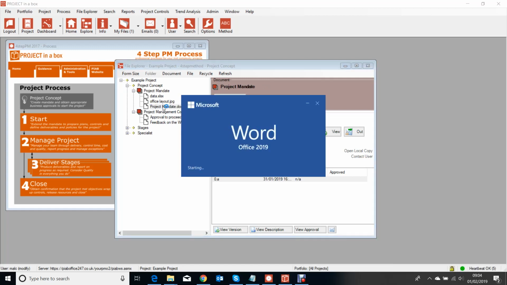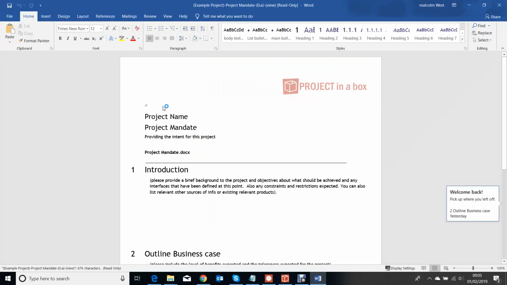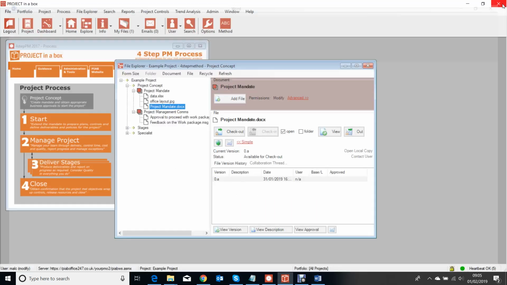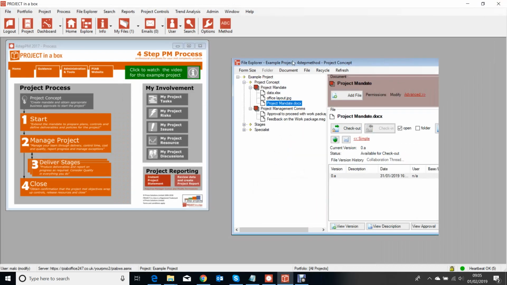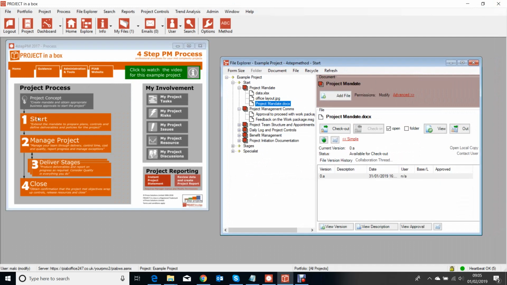Because we're on a laptop or a desktop here, we know we're always going to have the applications available, so we can open it and see a proper version. If we wanted to print it, we get a better print from here than printing it from the browser, for example. The more realistic feel for that particular type of file. We looked at, just to show that this is exactly the same thing,